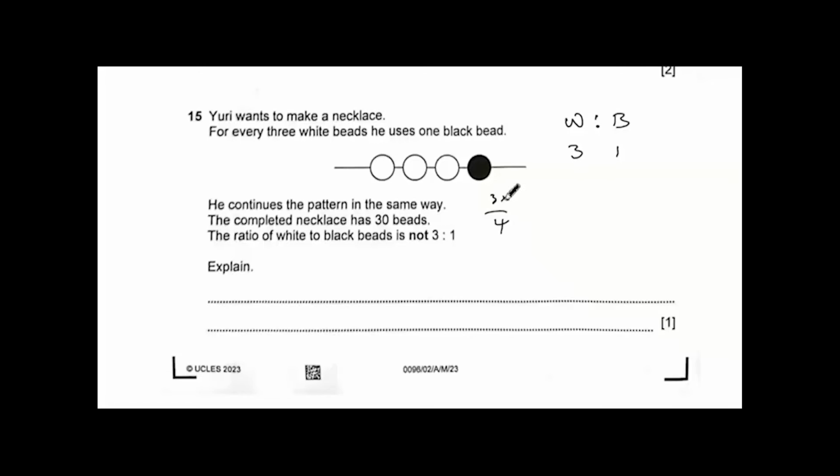Okay, so this will give us 7.5. So that means this will appear 7.5 here. This will appear 7.5 here. If you multiply 3 by 7.5, that will give you 22.5. That means the number of white beads will be 22.5, and the number of black beads will be 7.5. As you can see here, Yuri doesn't make use of half a bead, so that is why the ratio can never be 3:1. So all right,